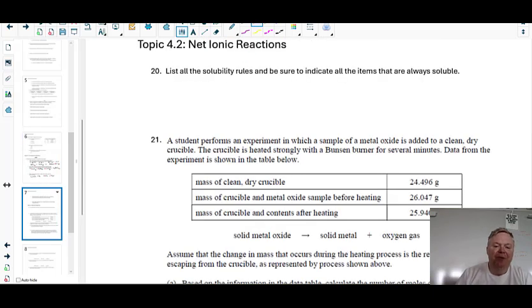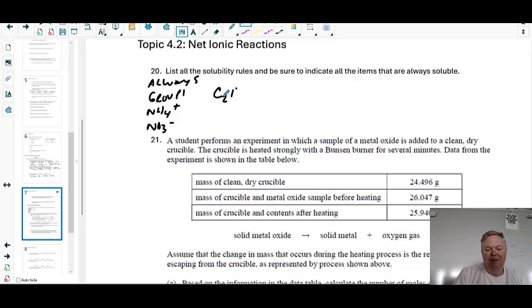All right, so the solubility rules come in handy here. We're also going to need them later in Unit 7 when we talk about KSP, or equilibrium for solubility. But here we go. The things that are always soluble are going to be everything in group 1, like lithium, sodium, potassium. You're going to have your ammonium ions, NH4 plus, your nitrate ions, your acetate ions,